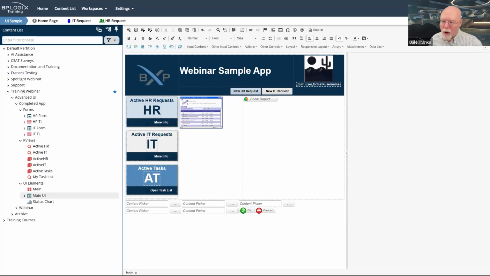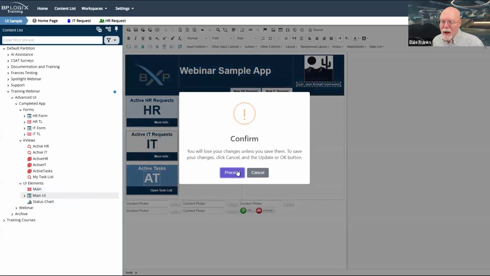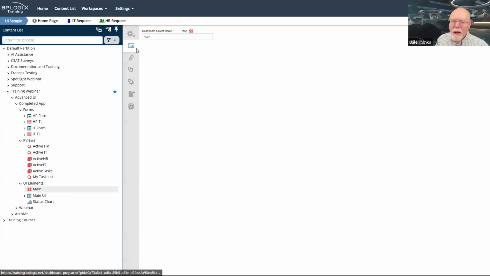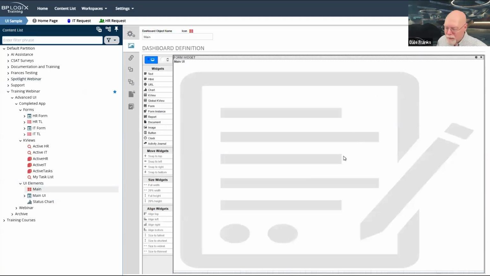Once I have this form configured in the manner in which I want, it is now ready for me just to create a dashboard object, and on that dashboard object, simply drop that form on there. So that's the only thing that's on the dashboard object, because the form already has all the navigation buttons I need. It opens up all the forms or knowledge views I want to see. It does everything that I need.